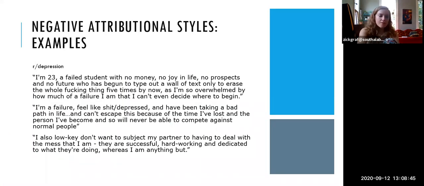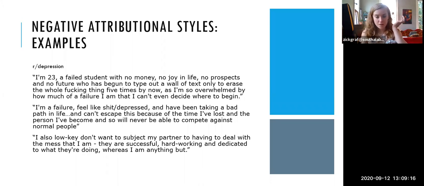So these are some real life examples taken from the depression subreddit. These are people with self-identified depression talking about themselves and their lives. So the first person is saying, I'm 23, I'm a failed student with no money, no joy in life, no prospects, and no future. I'm so overwhelmed with how much of a failure I am that I can't even decide where to begin. So this person is making attributions about themselves and their lives that are internal, so they're labeling themselves a failure,